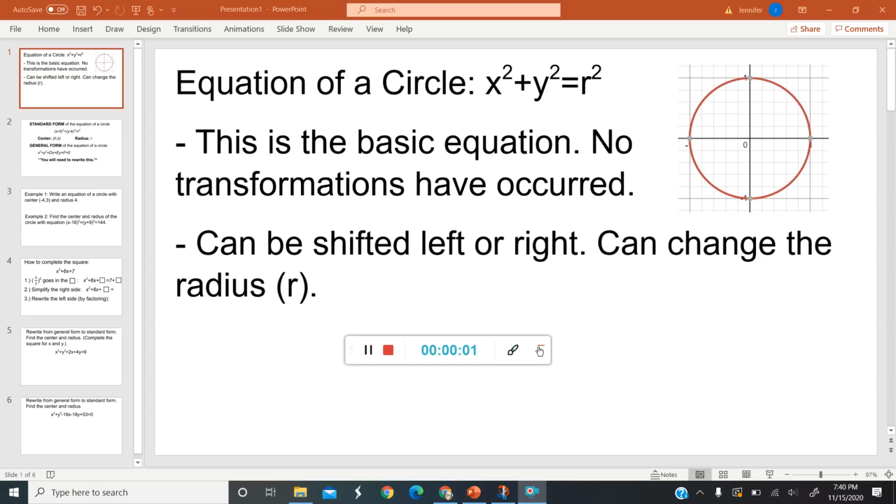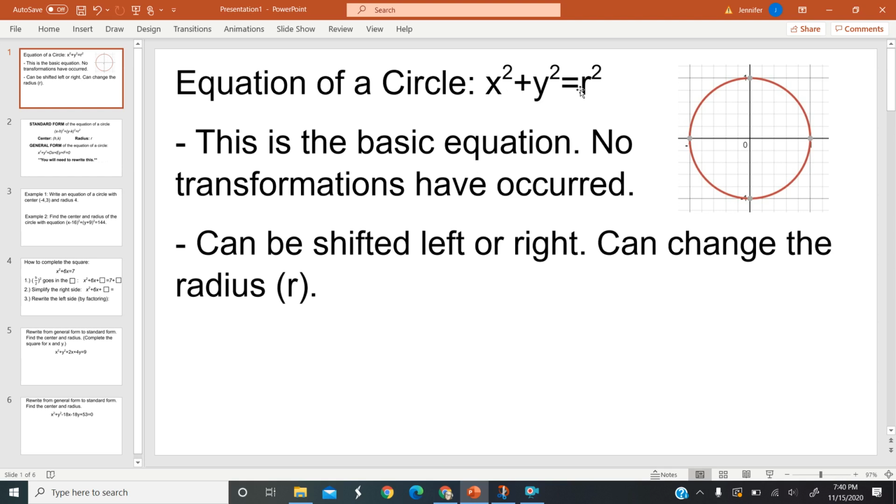Hey guys, today we're starting our unit on circles. For today, we're going to be talking about the equation of circles on a graph. So basically, the basic equation is going to be x squared plus y squared equals r squared, with